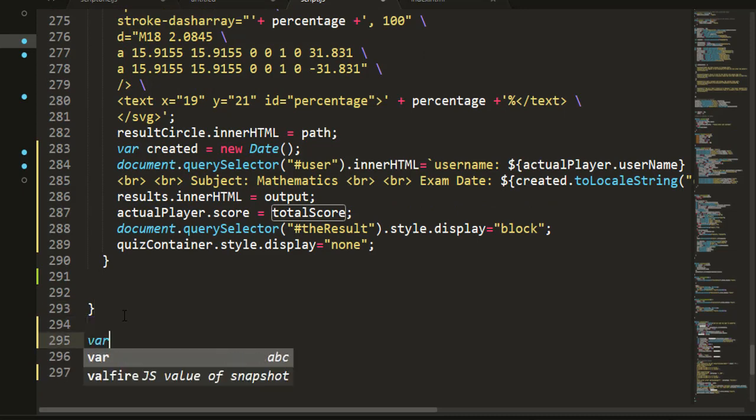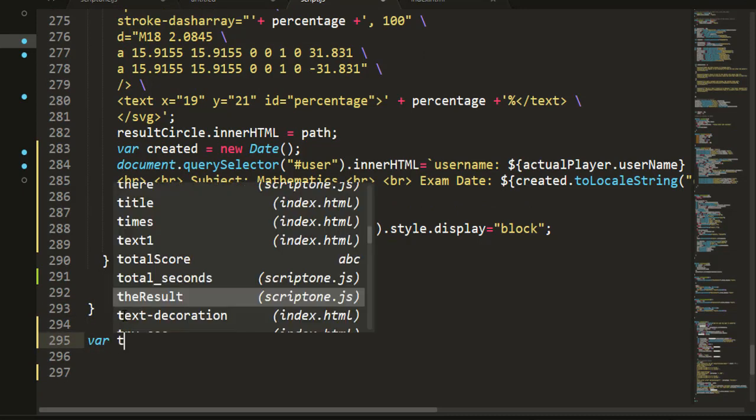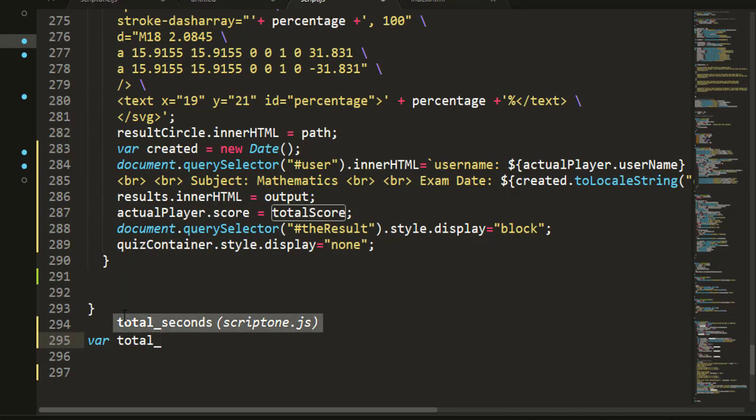Okay, let's say variable now. Let's say variable total seconds. Variable total seconds is equal to, so this is where you determine the total time. Maybe you want to make the user have 2 minutes for the exam, 3 minutes for the exam, or 4 minutes for the exam. Are you getting what I'm saying now? But as for me, I just want